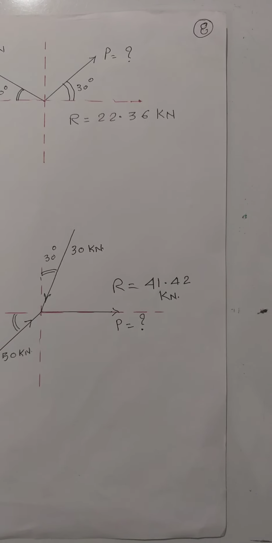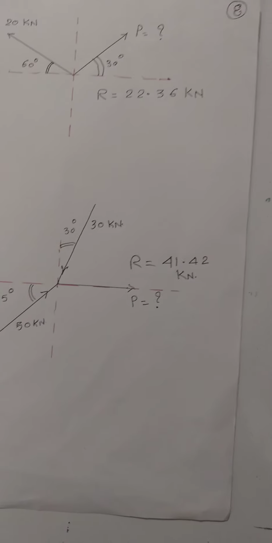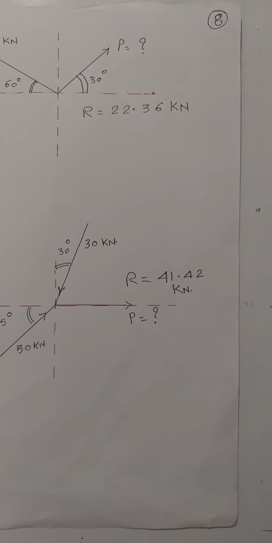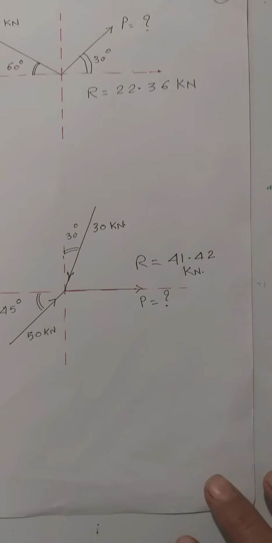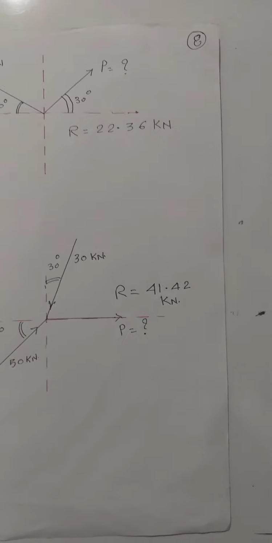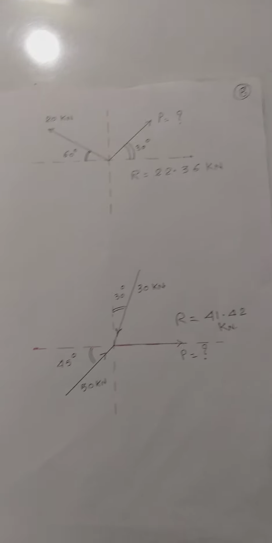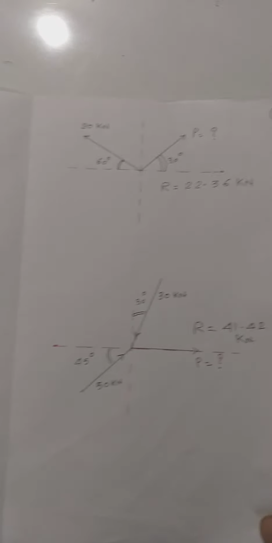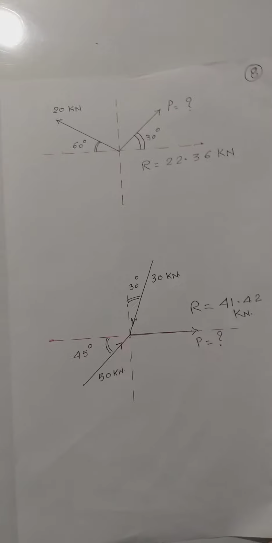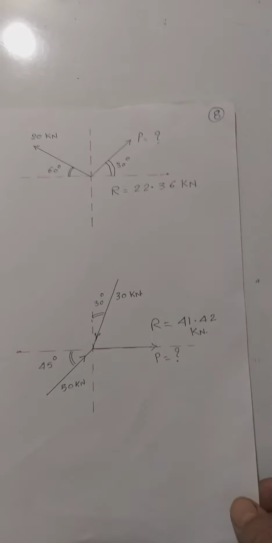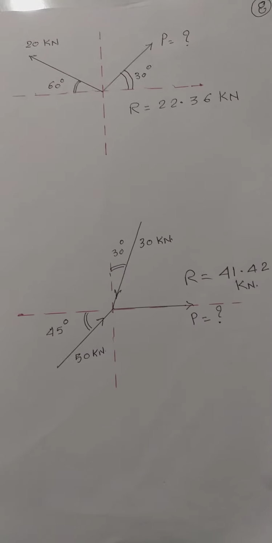You have to resolve the forces algebraically in the horizontal direction as well as in the vertical direction, and then, as we did previously, make sigma H and sigma V give the resultant R. From this, it will be a quadratic equation, and perhaps you will be in a position to find out the unknown force. This is the composition and the resolution of the forces.